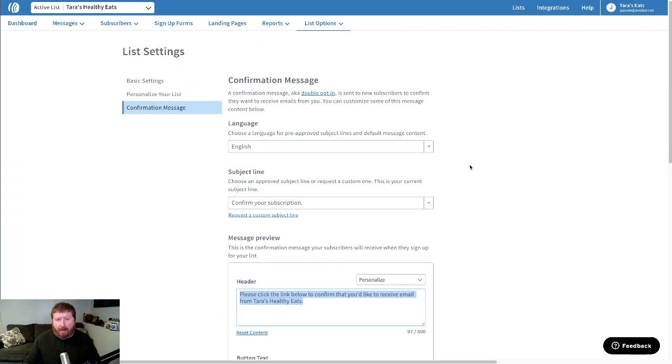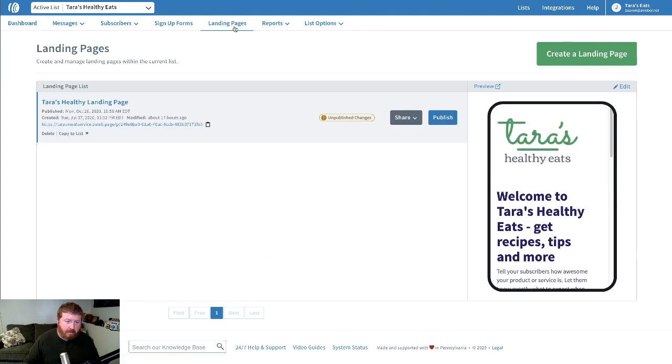With these things set up, we can start focusing on building our actual subscriber list. And we're going to start with landing pages. Now, you don't even need a website to start collecting subscribers. Right inside Aweber, you can build a landing page that people can visit and sign up to your list. Landing pages can have text on there, a form they can fill out to actually sign up, but you can even add other things like videos, little snippets of a podcast if you have one. Check it out. Let's go over to Create.